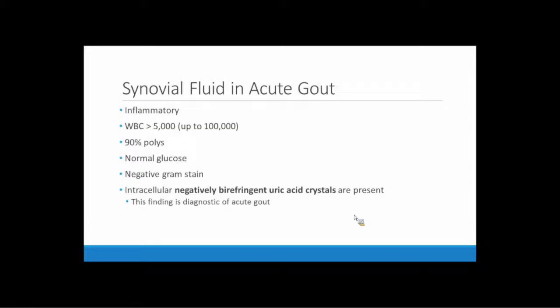And as inflammatory as it looks clinically, it is also inflammatory when you aspirate fluid, with white cell counts as high as 100,000 and 90% poly predominance. The glucose, if collected properly, however, will be reassuring in that it will be normal rather than low, the way it would be in a septic arthritis. The gram stain will further reassure you because it will be negative. And the diagnostic observation that gets you off the hook for septic arthritis and confirms that the synovitis is due to acute gout is the observation of negatively birefringent uric acid crystal